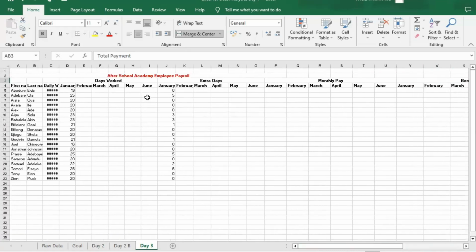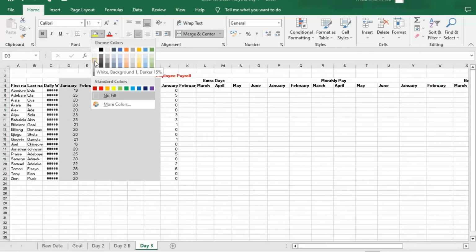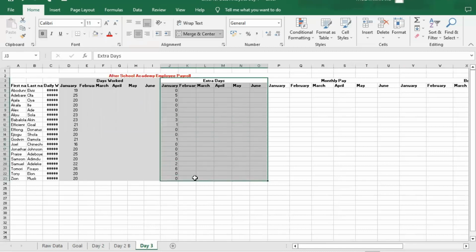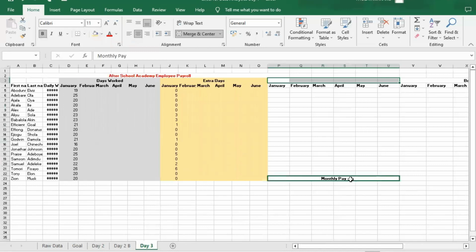Now, in Excel, there is something we used to do to make our data easier to read. So for this particular days of work, I will add a color to the background to make it easier for me to identify it. Then for the extra days, I will add a color also. For the monthly pay,